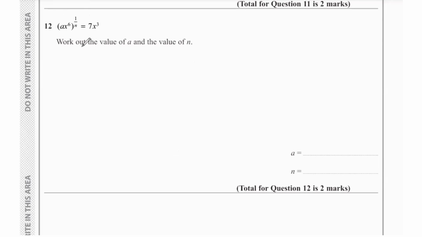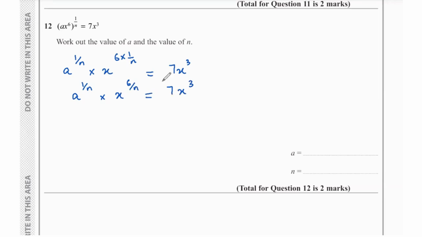And if there's a coefficient attached to the variable, that means the power outside the bracket will be distributed on the coefficient as well. So the left-hand side would become A to the power of 1 over n times x to the power of 6 times 1 over n equals 7x cubed. As you can see, I just split the coefficient and variable to make it easier to understand what we're doing. And the power 1 over n got distributed on the coefficient and the variable. So A to the power of 1 over n times x to the power of 6 over n